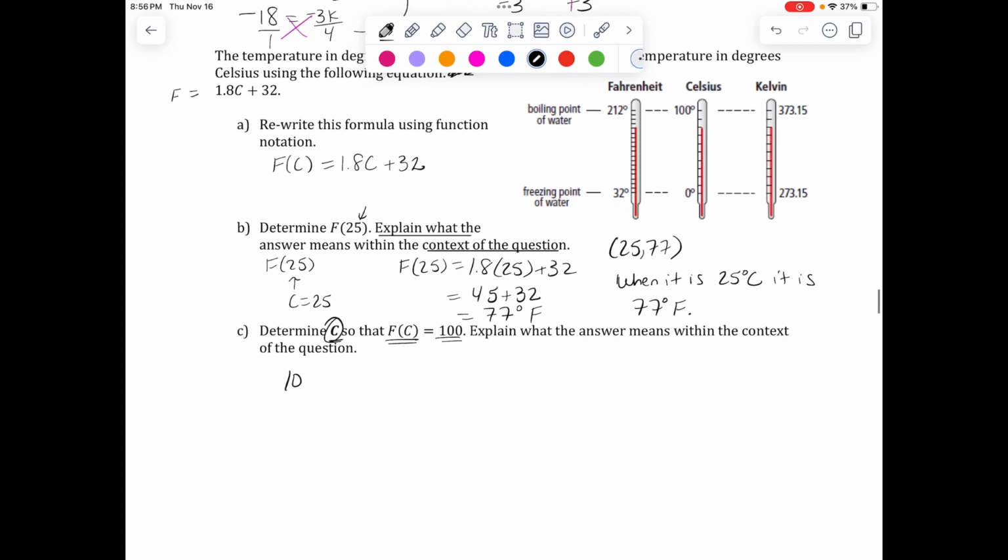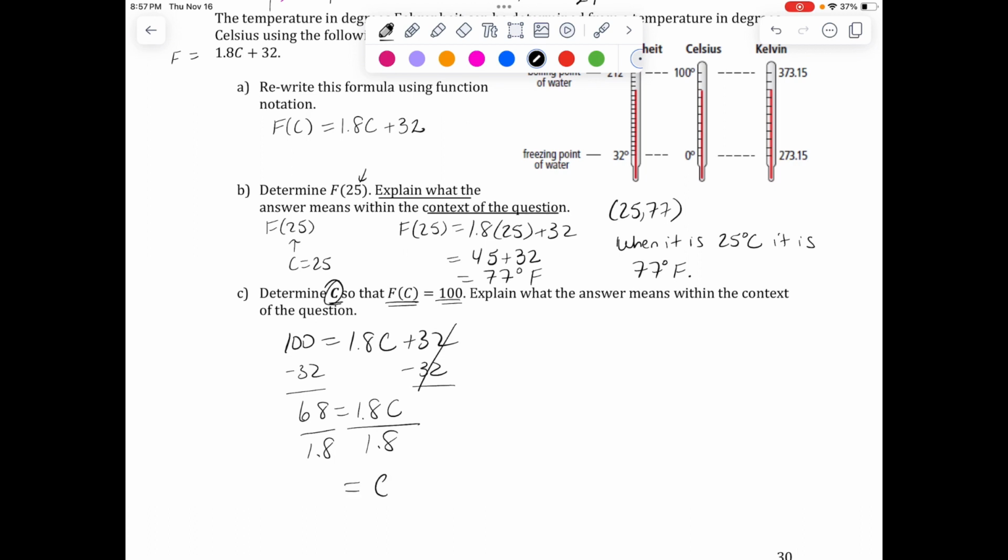Okay, so F of C, 100 is equal to 1.8 C plus 32. We're going to subtract 32. And here we have 100 minus 32, which is, of course, 68, is 1.8 C. Divide both sides by 1.8. And 68 divided by 1.8 is, of course, 37.7. It doesn't say what to round to. We'll round to the nearest, I don't know, nearest tenth. Okay, 37.77 repeating, so the C is